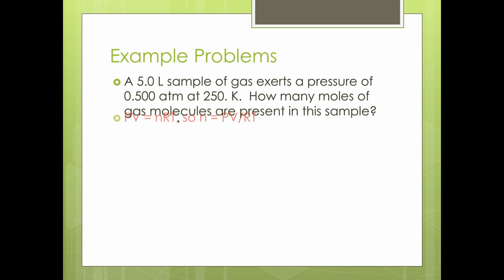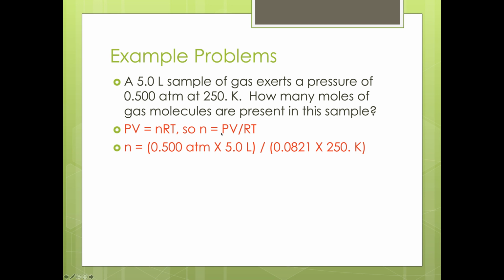Well, the formula is PV equals nRT. And if we want to solve for n, we divide both sides by RT. So we get n equals PV over RT. And then we just have to substitute in the numbers. So we have 0.500 atmospheres, we have 5.0 liters, R is always 0.0821. You should write the units out, atmosphere liters per mole Kelvin, so that atmospheres and liters and Kelvins cancel